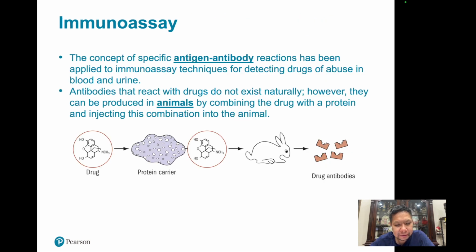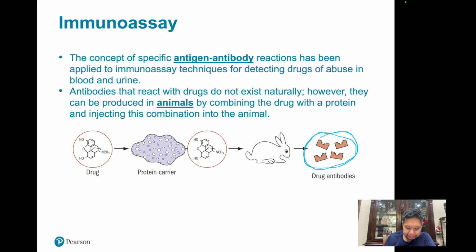All right. So one of the most common things that we test for in forensics and forensic serology is called the immunoassay. It's an antigen-antibody based assay. And so what we can do in this particular immunoassay is actually create antibodies